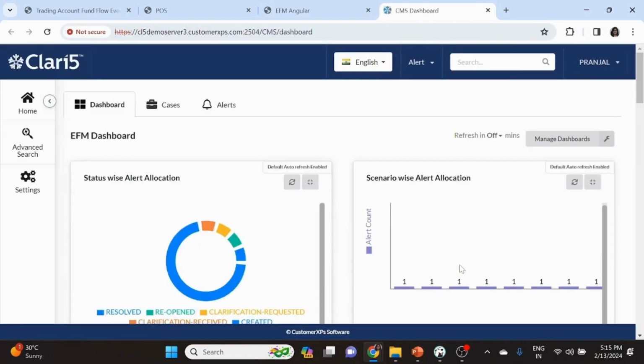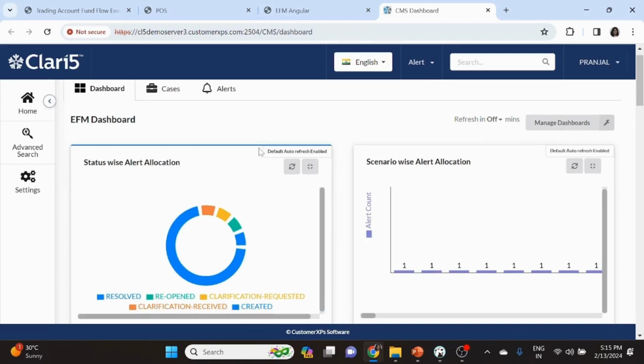What we see here is the actual case management system and the landing page of this area, which consists of a dashboard. A dashboard would consist of various widgets, various dashlets, which tell some high-level information regarding the alerts and scenarios that are maintained inside the case management system. It could be for the purpose of a supervisor, the head of the fraud risk management division, or an analyst. Accordingly, they'll see some dashlets on this page, which will be talking about the